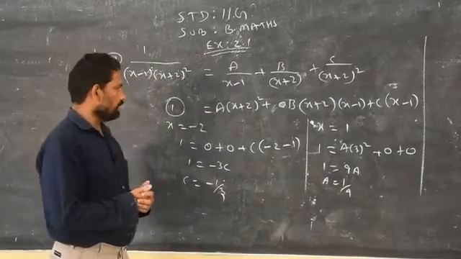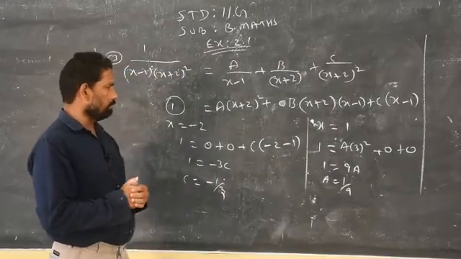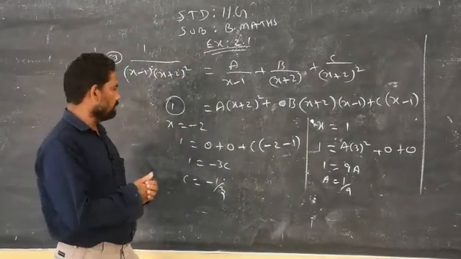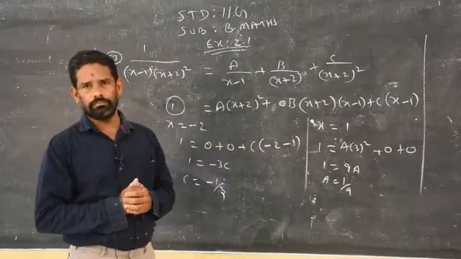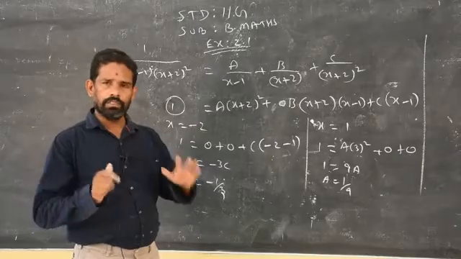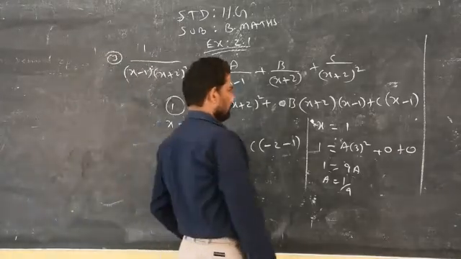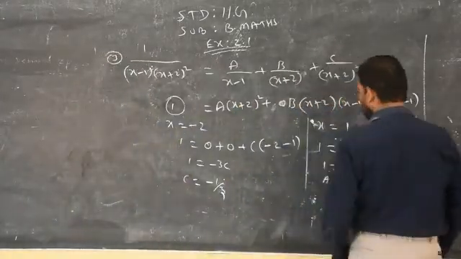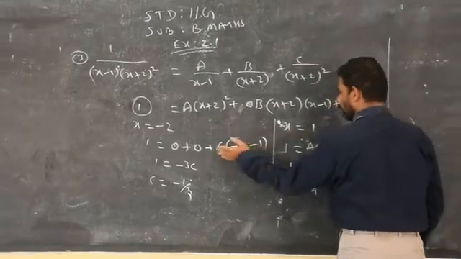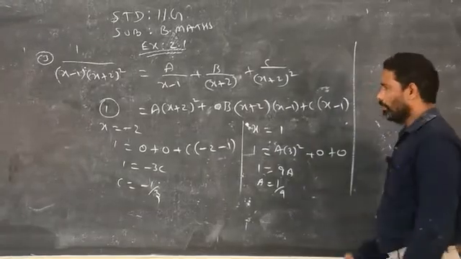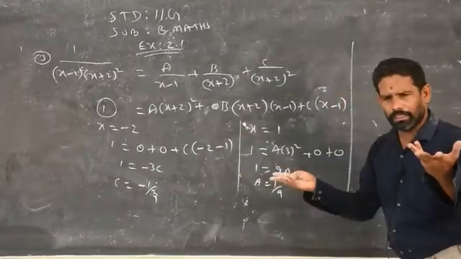But what I am suggesting is, once you know these two values, if there is no possibility of making the terms 0 like this, better you go for x is equal to 0. You go for x is equal to 0. Do you understand what I am saying now? So only by replacing x equal to minus 2 and 1 you will get zeros like this. If you replace other than these two, you never get zeros.